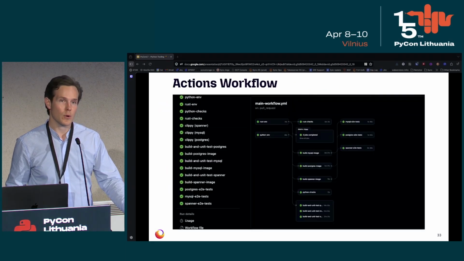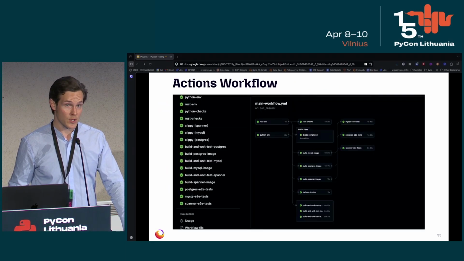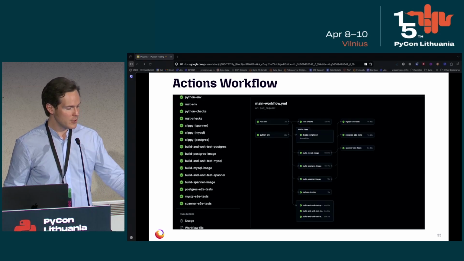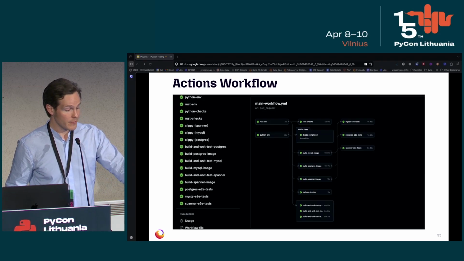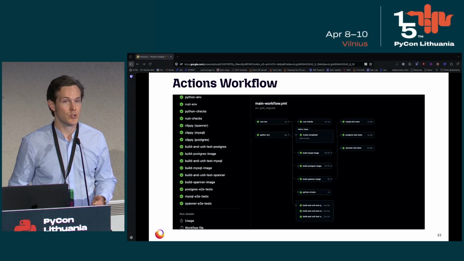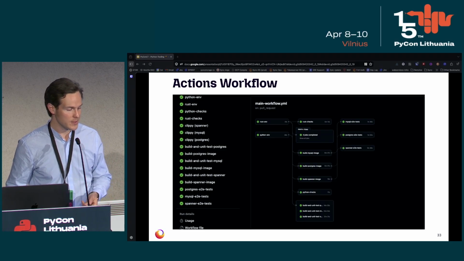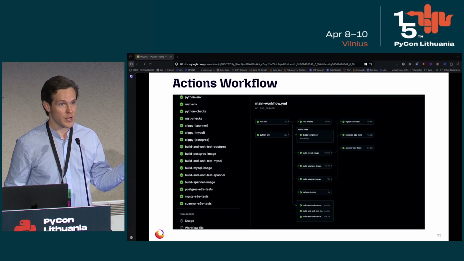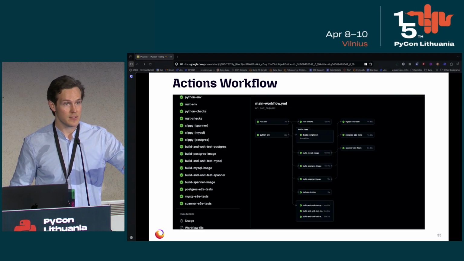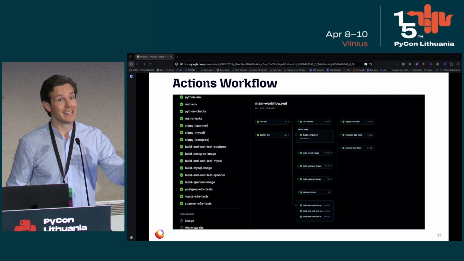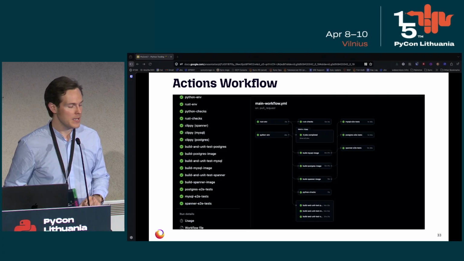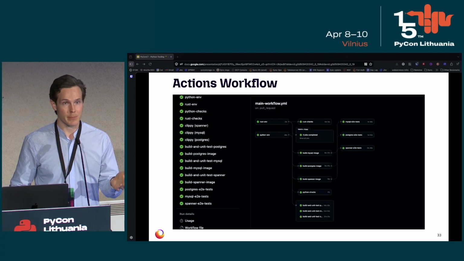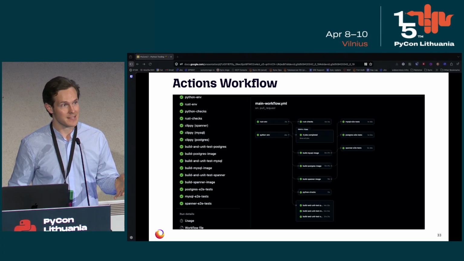So this is one of our core main workflow runs for the sync service, which again is a Rust project. Here you can see we have a number of environment setups that then push through to a number of checks that then run our integration, unit, and end-to-end tests along with builds. The beauty of this particular job is that we can run our testing concurrently along with a number of our additional checks. So we essentially just create our environments, cache the environments, then begin to build the images and test against them. And the nice thing is then we don't go to the trouble of actually building the final image that we push until all of the tests have completed.